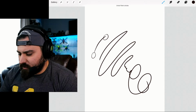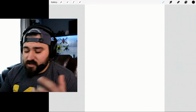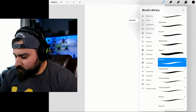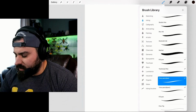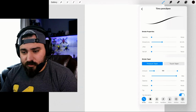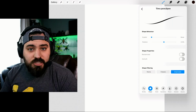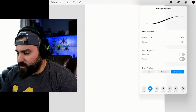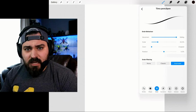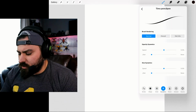For my sketching brushes, which to me is super important, starting with a good quality sketch helps me get a good finished product. I go into my inking pens, and I use my Tim's pencil pen, which is a brush that I've designed. Once again, I'm just going to slowly scroll through these menu settings so you can pull these for yourself and check them out and get what you need, and then I'll show you what this brush does. Basically, this is the equivalent of a Photoshop brush that has transparency turned on, so the harder you push,